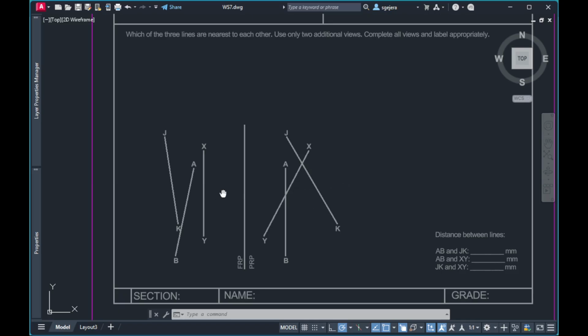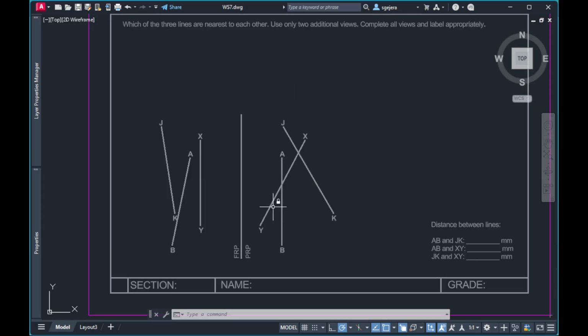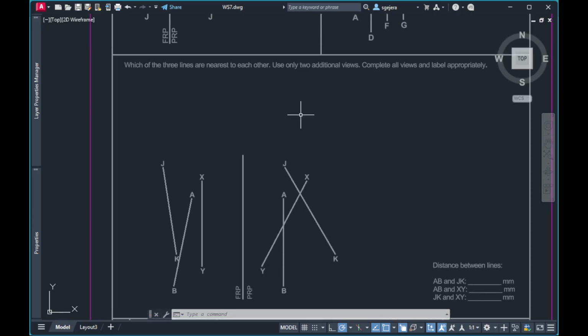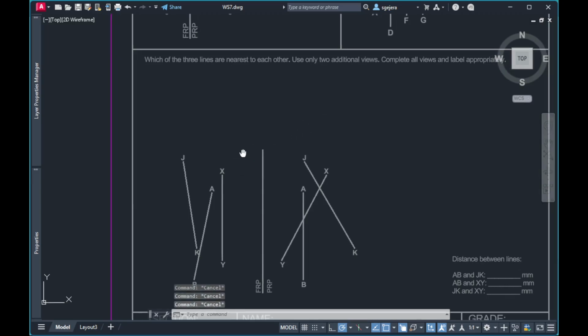For this case, I think it's more appropriate to use the point view method. Kasi if you look at it, XY is true length here and AB is also true length dun sa kabila. So, pwedeng i-point view natin si AB, then find the short common perpendiculars there. Then i-point view din natin si XY to find the common perpendicular. So, ang total additional views lang na pwede magawa natin is two additional views. Okay? So, what we can do, this one,